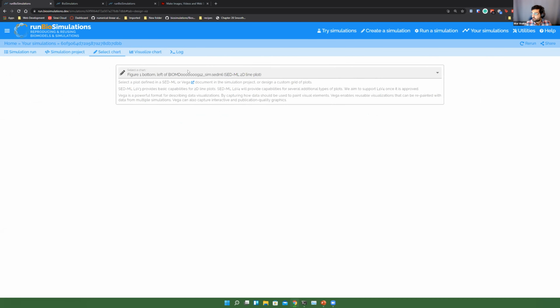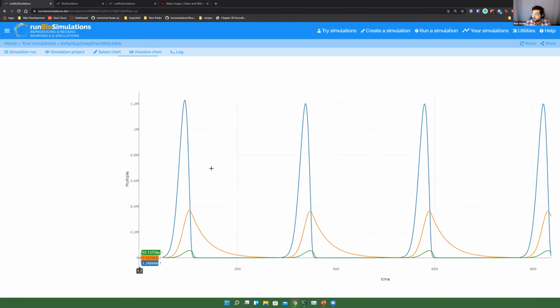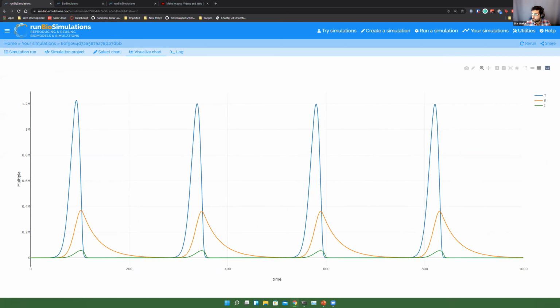From over here, though, I can actually now go ahead and select some of the visualizations that are present. So if you see here, there's this figure right here. This is actually a figure that was defined in the SBML itself. If you think about earlier when we were working on these Tellurium models and we were deciding what the simulation should be, what the plot should be, and then exporting those into an omics archive, that information about how to run the simulation and that information about the outputs has been encoded into that omics archive. So when I select that one and go ahead and visualize the chart, I'm able to get a view of the figure and see what the output was.